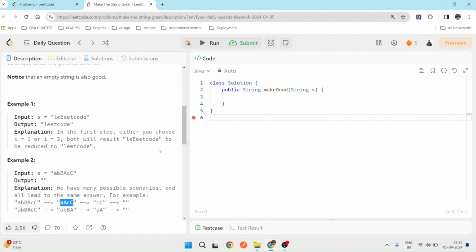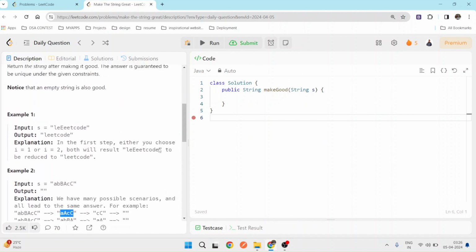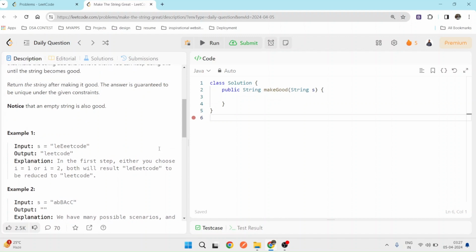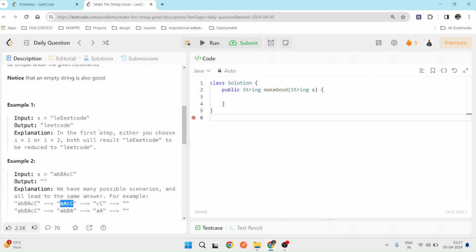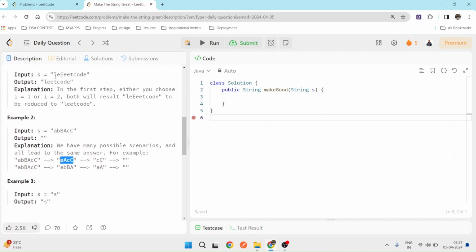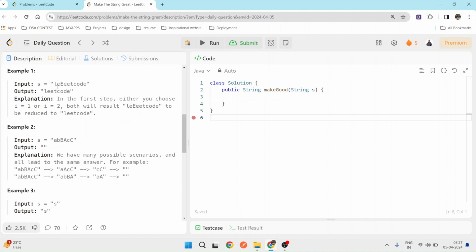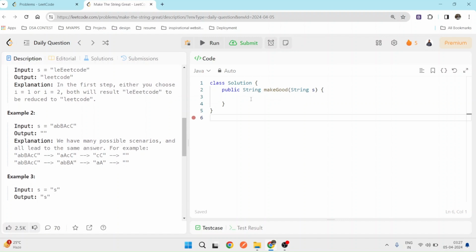So we can solve this problem using a stack. We can also solve it recursively, but the best and traditional approach is to use a stack. We will put every character in, and check if this character matches the top element of the stack. If the difference between the top of the stack and this character is 32, meaning lowercase and uppercase differ by 32, then we pop from the stack. Otherwise we insert this character into our stack. In this way we can solve the problem.